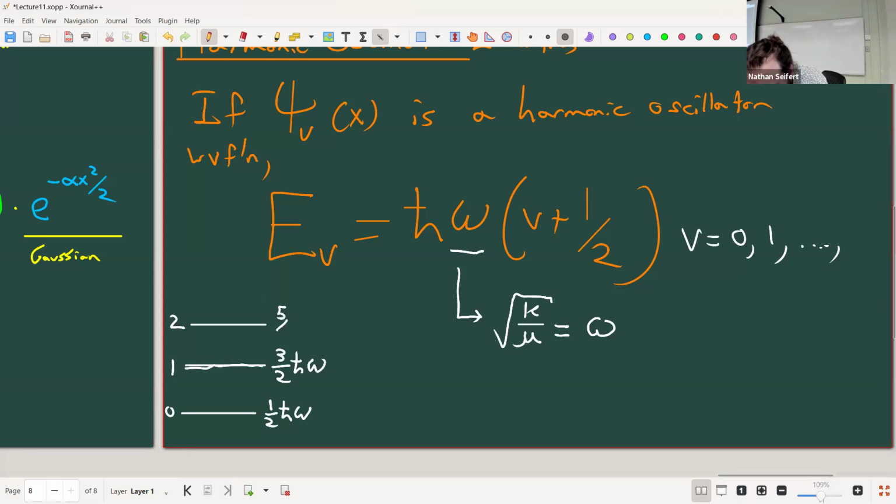And then the next one is 5/2 h bar omega, right? You can probably see the trend now, right? If we think about what the energy differences between these are, well, the energy difference is just h bar omega. All right, so this is why we call it a harmonic oscillator. The harmonics are the fact that the allowed frequencies or energies of our spring